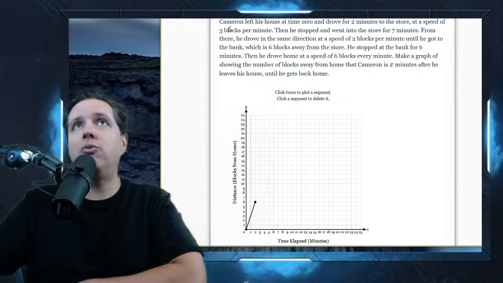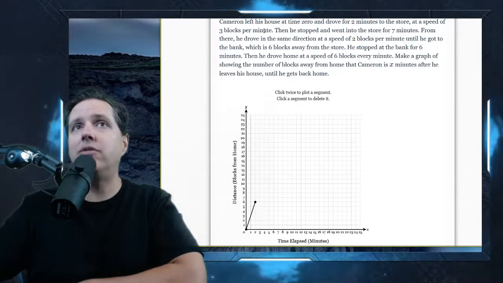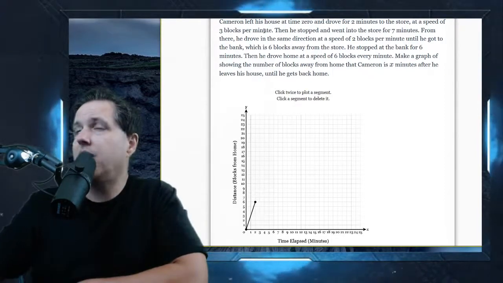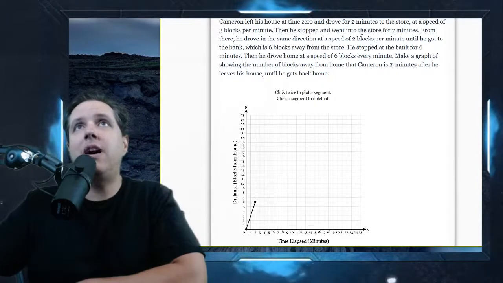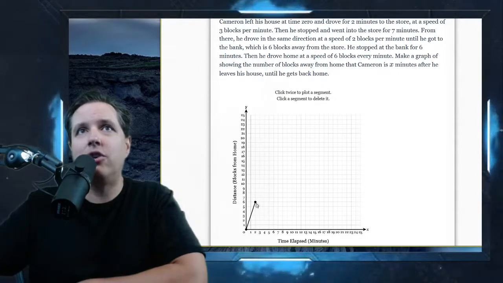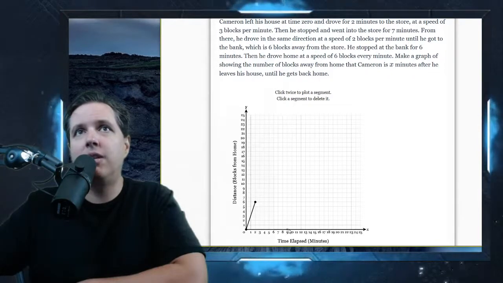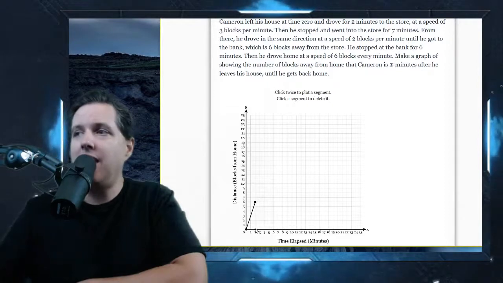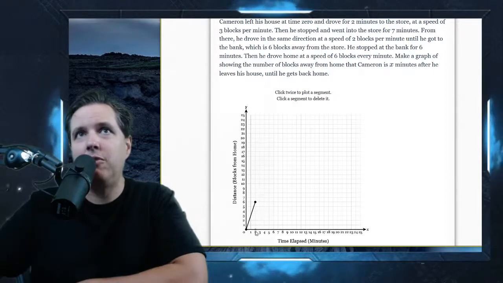But look, we got sentence 1 taken care of. We're done. Sentence 1 is good. Okay, let's move on. Then he stopped and went into the store for 7 minutes. Okay, so 7 minutes occurred. So that's going to take us from 2 to 9, right? From 2 to 9. Our next line on the x-axis will start at x equals 2, and it will end